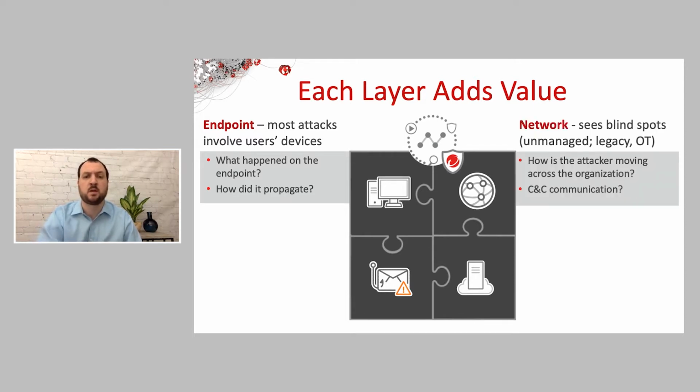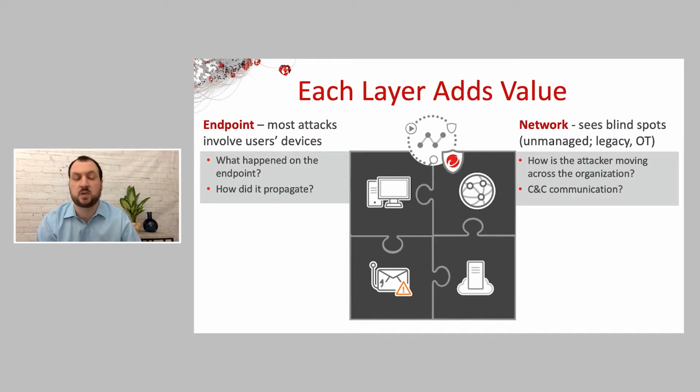it propagate? But you also have endpoints that are unmanaged that you can't install an agent on. Maybe they're legacy, maybe they're a third-party contractor that has to plug into your network that you don't own and control. Or maybe you have IoT or OT devices that you can't install the agent on because it would put them out of vendor compliance. Ultimately, you need visibility into how the attacker is moving across the organization, and is there